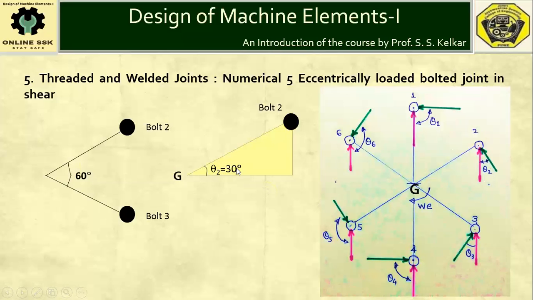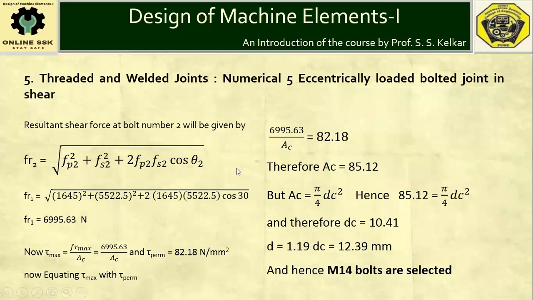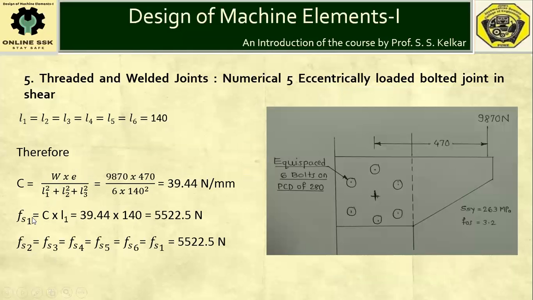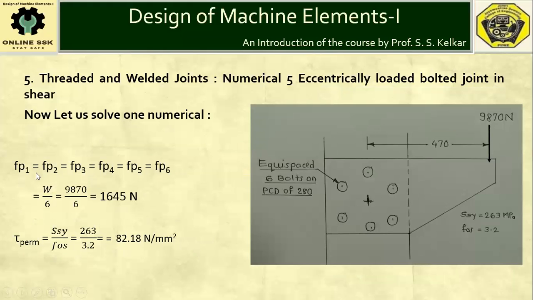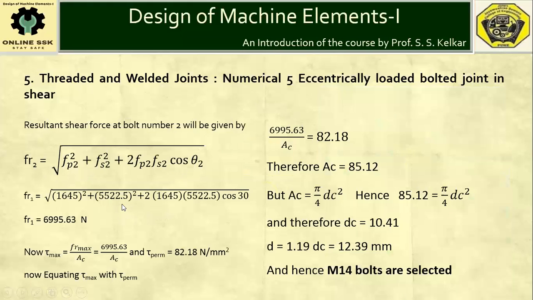So here angle theta 2 will be 30 degrees, and we have already calculated Fs2 as equal to 5522.5. Also we have calculated Fp2 as 1645 Newton. So we are now in position to calculate resultant force as experienced by bolt number 2 using this relation. Here Fp2, Fs2 and theta 2, all the values are known to us. Therefore, we are in position to calculate FR2. By mistake, I have written FR1. It should be FR2. So FR2 is